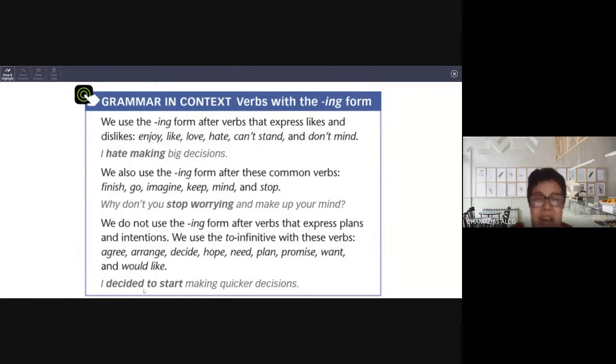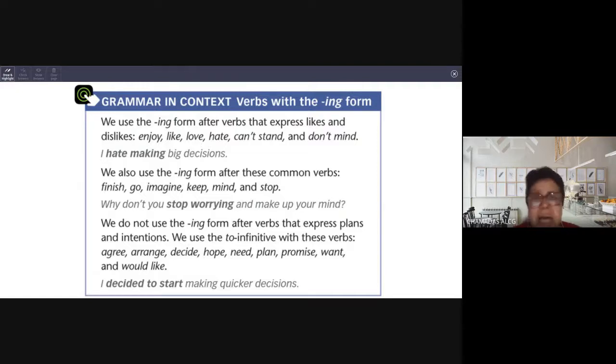And here we have the example. I decided to start making quicker decisions. So after decided, we have an infinitive, but then after start, we have a gerund. Okay. So to help us understand this better and to have more options,